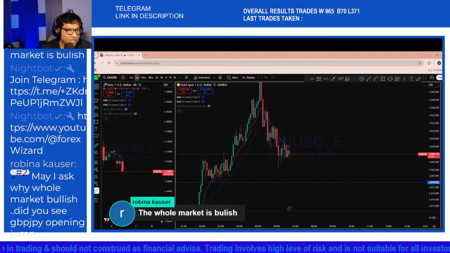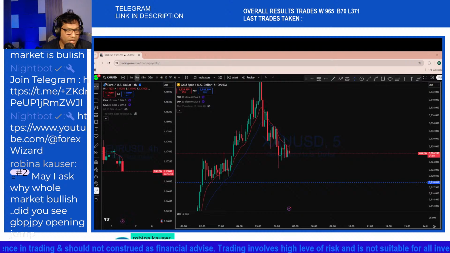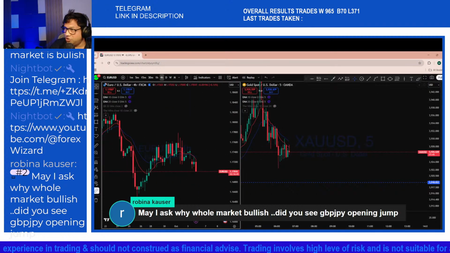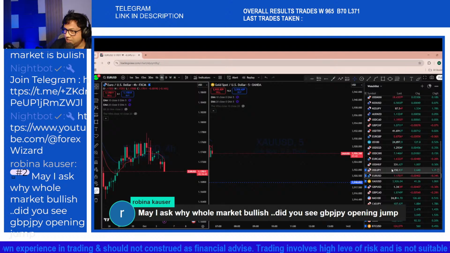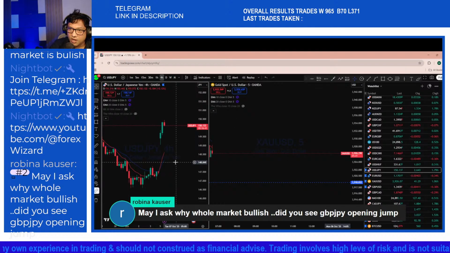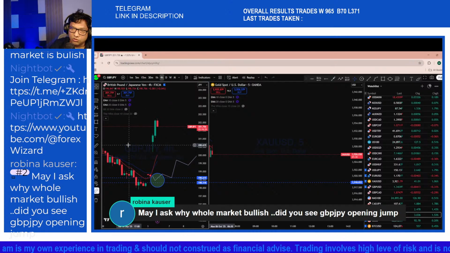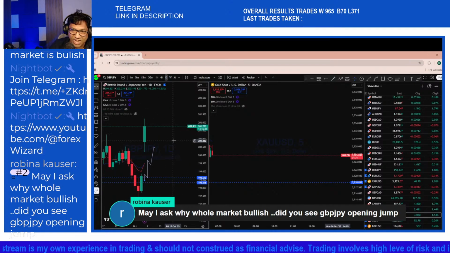Did you see GBPJPY opening jump? Yes, there was a massive gap open in the majority of the instruments early today that you can see. If you look at dollar yen, that's a massive gap open. GBPJPY also had a massive jump on gap. Now